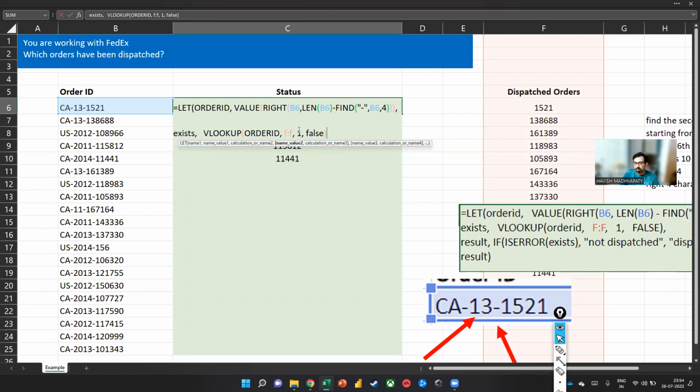The 1 means that I'm looking at a result from the same column, column F, and FALSE means that we are doing an exact match. When you're searching for 1521, I don't want the result to be 1520, right? Because that's an approximate match. We want an exact match. That is why we're writing FALSE. Okay, once we have done this,